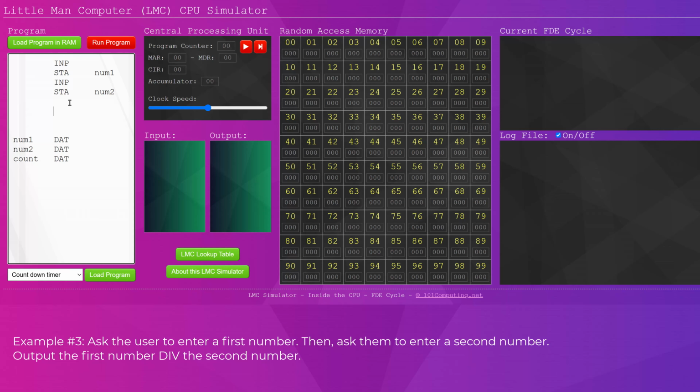subtract num2 from num1. Well, currently, what is in my accumulator at this point? Well, currently num2 is in the accumulator here. So therefore, I need to load back in num1, and then I can SUB num2 from it. And then effectively, we're going to keep doing this while we have a positive result. Once it drops down to be negative, it means we've gone too far and we need to stop the division. So we could, at this stage, just initially put in our loop. We're going to keep repeating until it eventually becomes negative, at which point we can output the count, and then